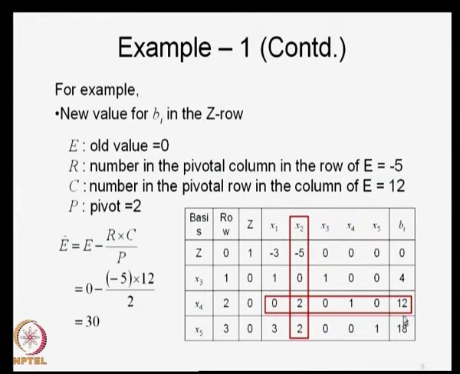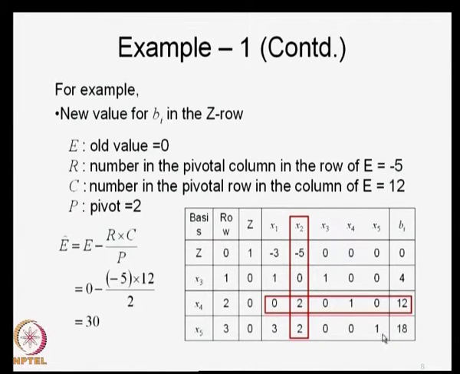Similarly, except for the pivotal row, you do not touch it, because you have already divided. Let us say you want to convert 4 here: 4 minus 0 into 12 divided by 2. That is how you convert. The moment either this element or this element is 0, that number remains the same. Like this, convert each of these numbers. Up to the Z row and the Z column you do not touch. All of these coefficients, including the BI coefficients, you convert using this simple expression.